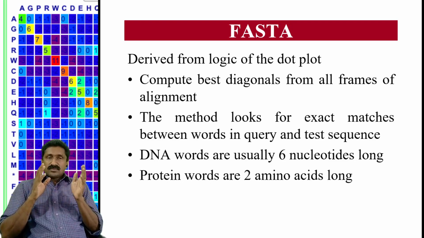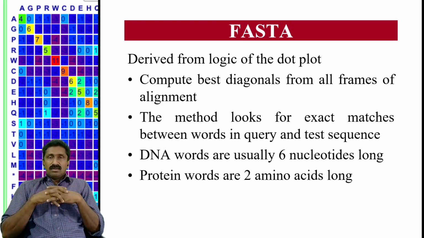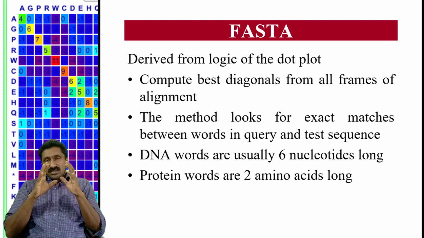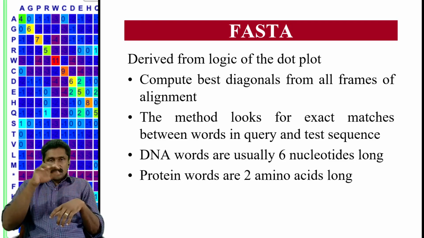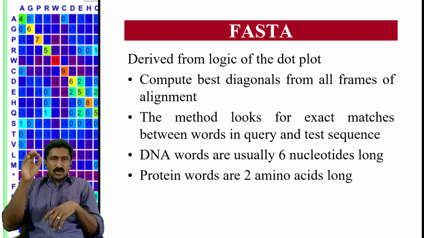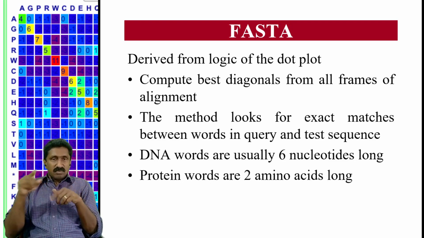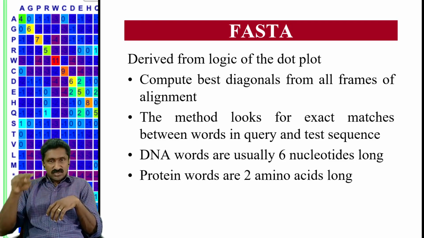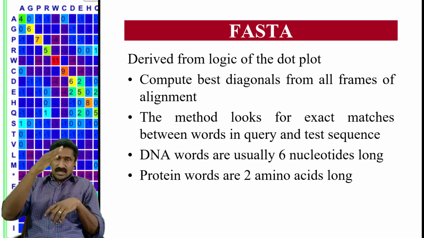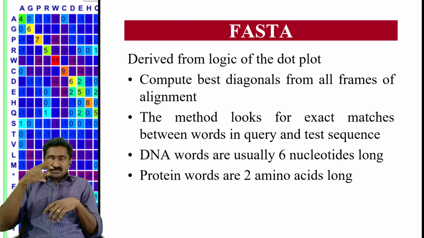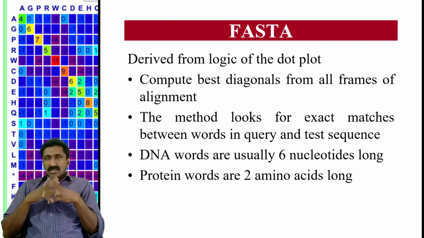The first step is to compute the best diagonals from all frames of alignment. You may recall that in a dot plot or dot matrix, you place dots wherever the sequences match, wherever there is a letter match, and you connect them to draw diagonals. Continuous diagonals are drawn, and the longest diagonals are connected by inserting gaps in the case of a dot matrix. Similarly, the initial task is to